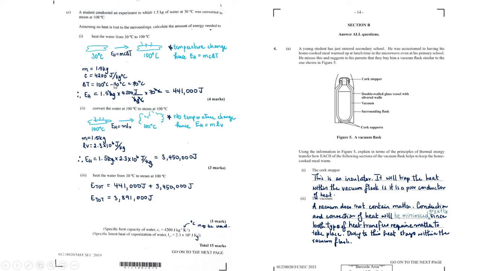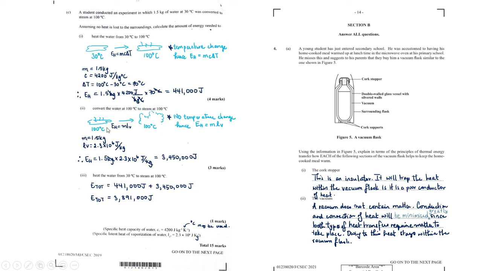And note well, when you're doing change in temperature, you always subtract the cooler from the warmer temperature, right? Just make your life easier. So when you do that calculation, you get 1.5 times 4200 times 70, and you get 441,000 joules. Then the next step was to go from water at 100 degrees to steam